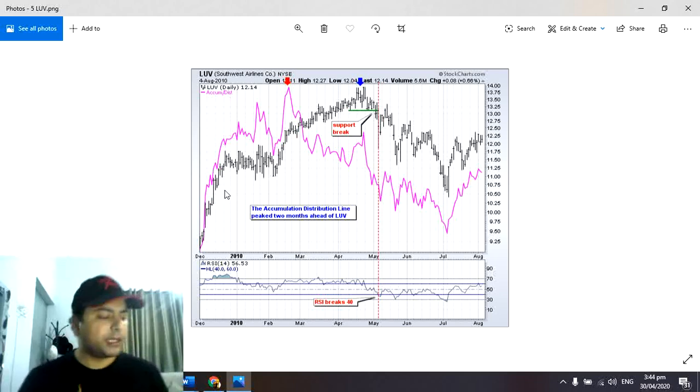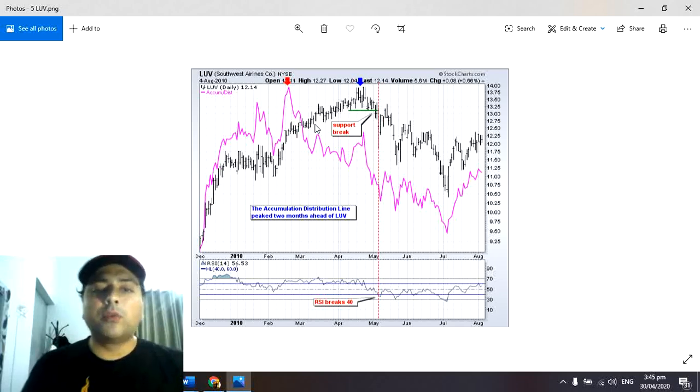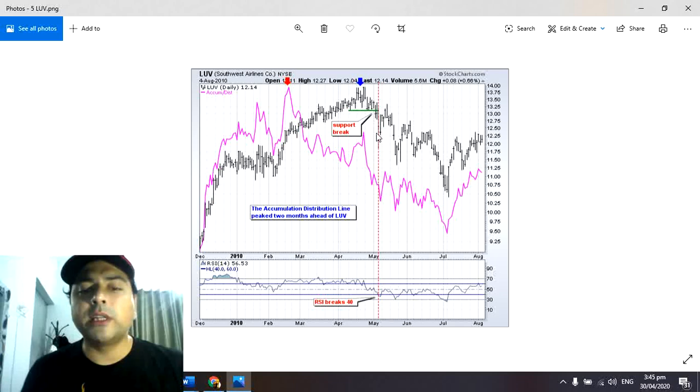The bearish divergence is when the price chart moves to a new high and the indicator does not, and it moves lower. This is the bearish divergence. You can see from this LUV chart, the ADL line peaked 2 months earlier than the price chart peak, and it also moved lower in these 2 months, showing strong selling pressure. It was only confirmed later on when the price chart broke its support in the first week of May, only to move